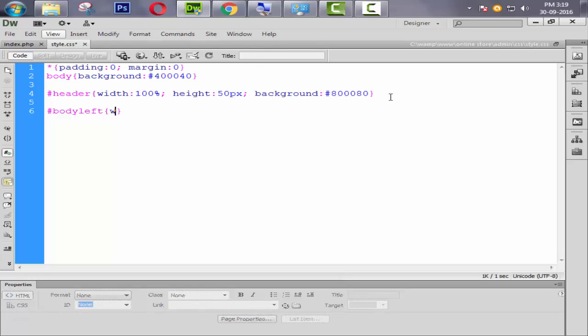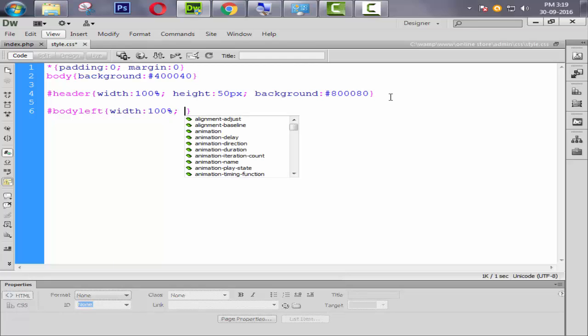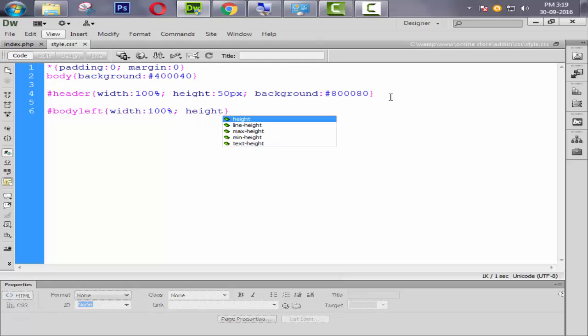Inside we use width 100%, and for example purpose we use height here. Later we remove it because we do not need height in our project for the admin side.